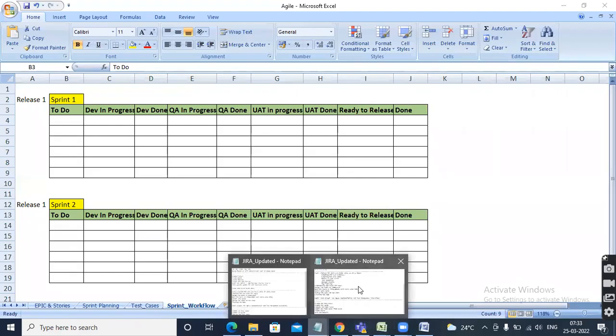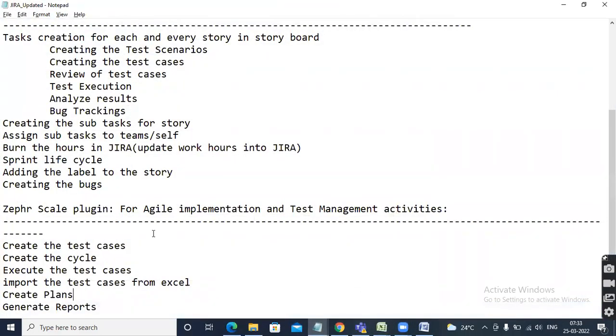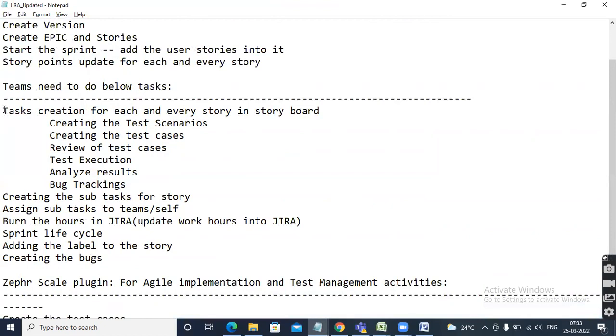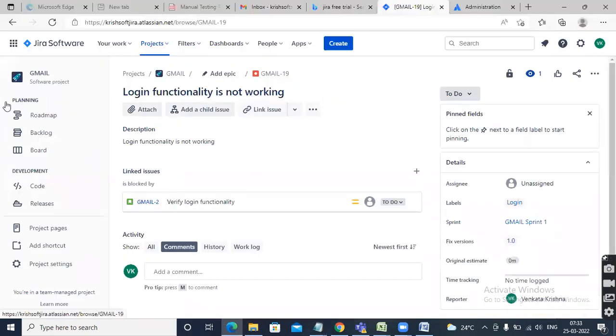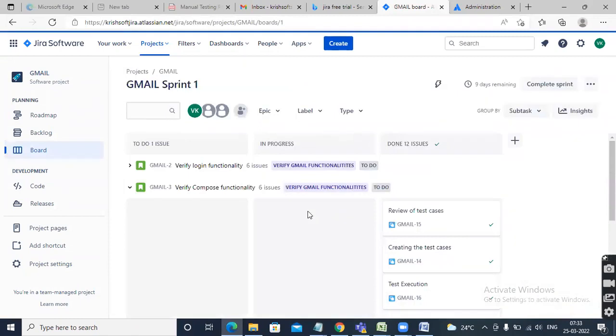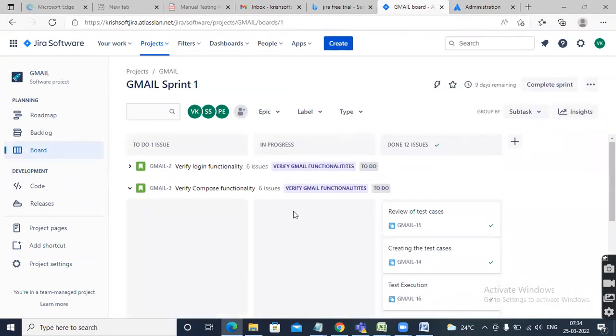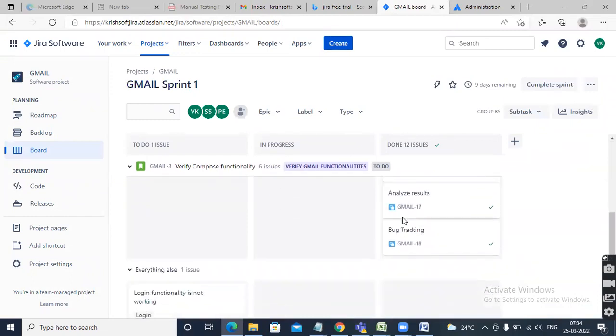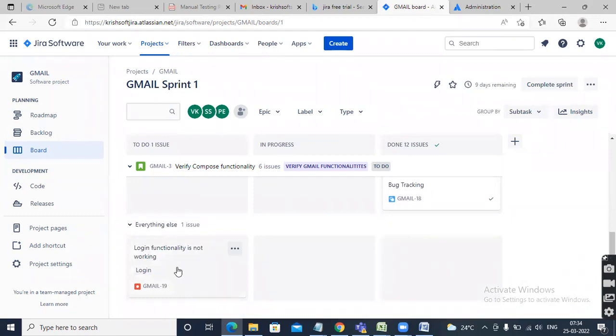Yesterday we have seen how we need to work with creating the stories and all. These are all the tasks we saw yesterday, like sprint life cycle and all: execution, analyze the results, bug tracking. These are all the activities we have seen. This is our storyboard. We have seen creating the stories, right? If all the tasks are completed, then this is the bug, guys. Once this bug also moves here, once this bug is also fixed,